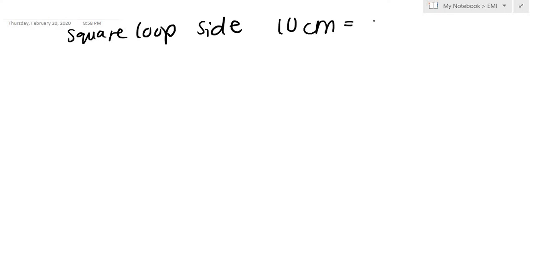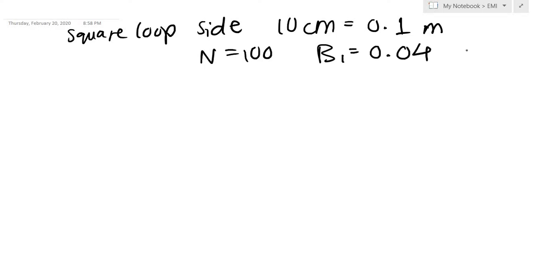Now let's do some questions. We know the essential formulas. We have a square loop of side 10 centimeter. You can convert it into meter, 0.1 meters, and 100 turns. So N is 100, and see the initial magnetic field that it was placed in a magnetic field of 0.04 Webers per meter squared. You can also write this as Tesla,